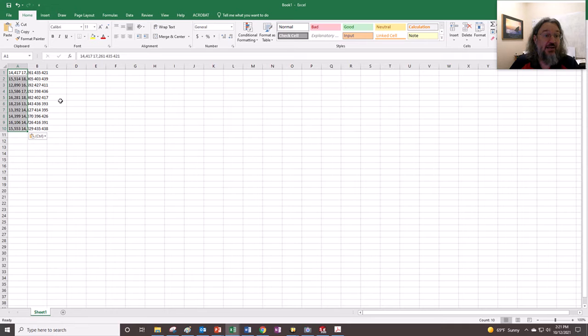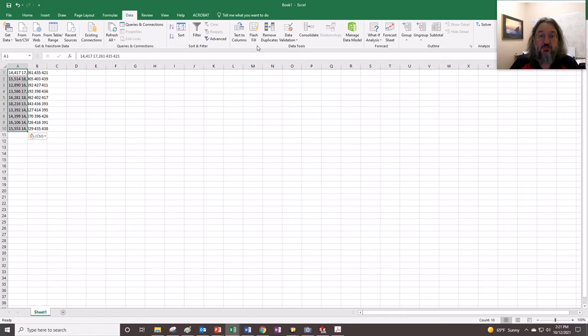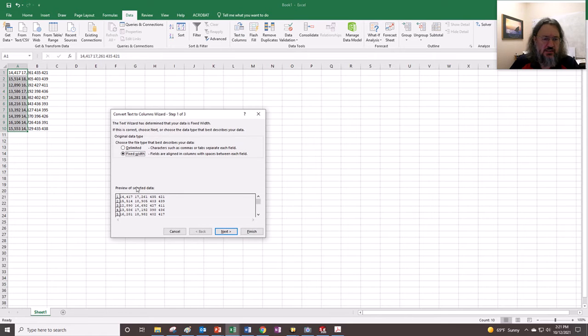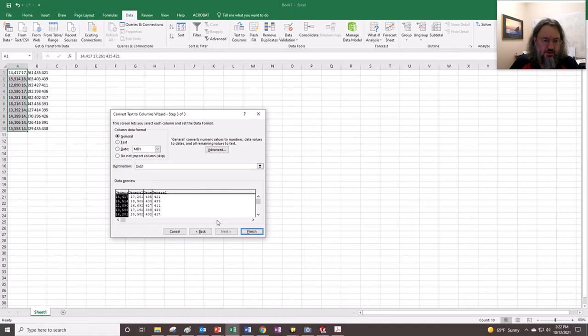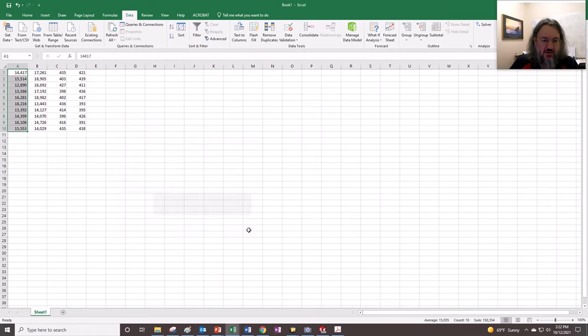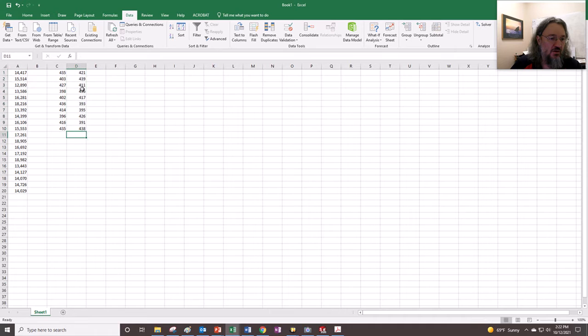It might work. Okay, so what we could do is sort by columns, text to columns, and then go fixed space. That might work. I think we have to turn it into numbers. We might have a problem. Yeah, I think they are numbers. Sometimes it will turn the spaces into text, or turn it into something else that it doesn't process, so we have to be aware of that. Okay, so we've just cheated,